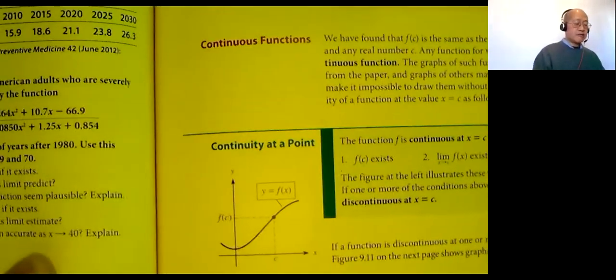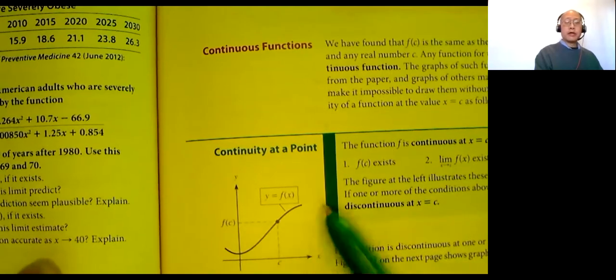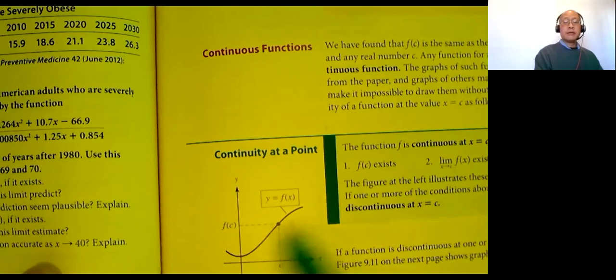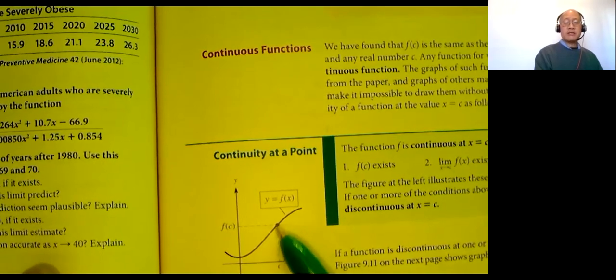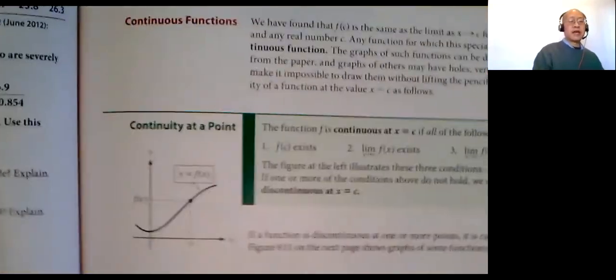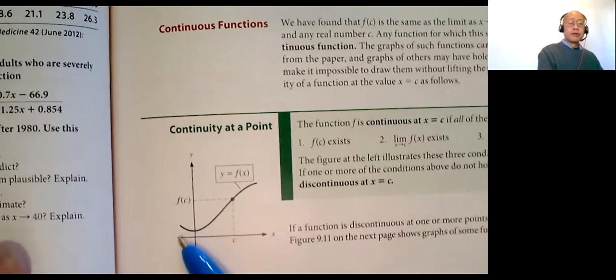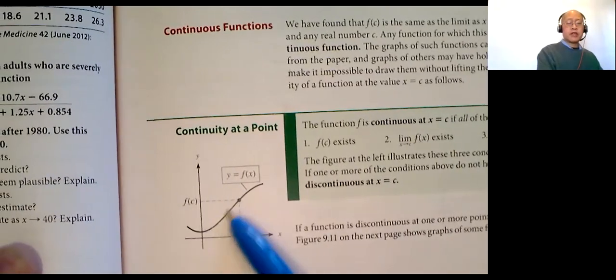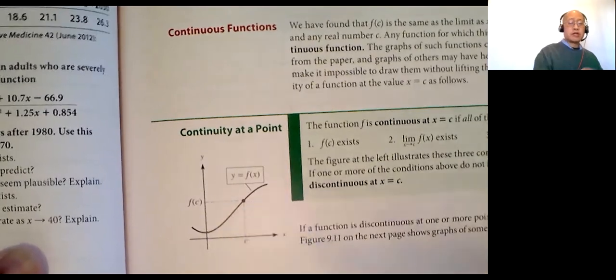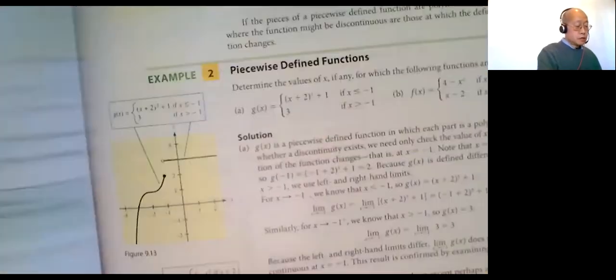But the idea of being close to a point: as x is real close to c, the limit matches the function value, which basically means I can draw the point. I don't have to lift up my pencil from the paper. So for continuous functions, the basic idea is that you can draw it. I think it's easier to think of drawing it without lifting up your pencil from the paper. So this is a continuous graph, smooth. I don't have to jump anywhere. Now,